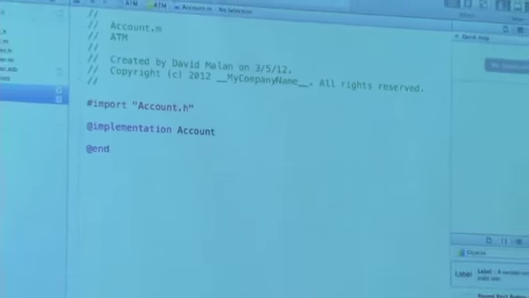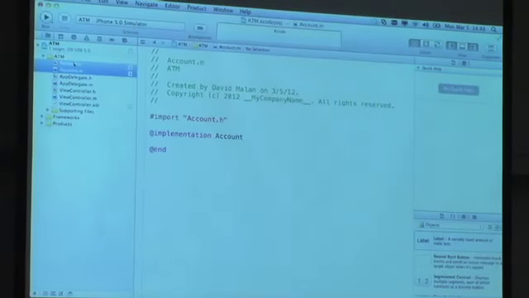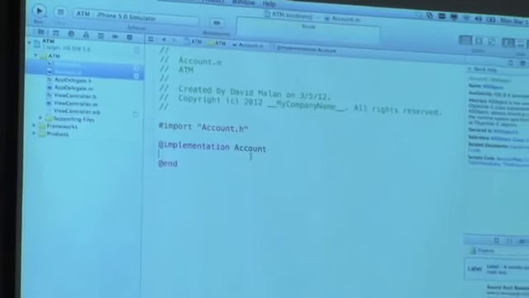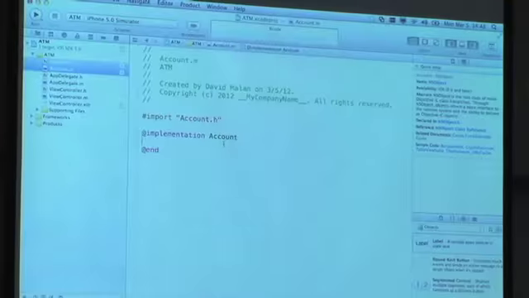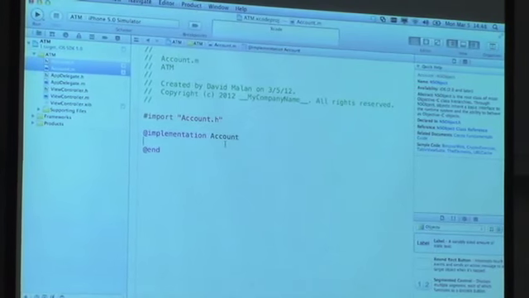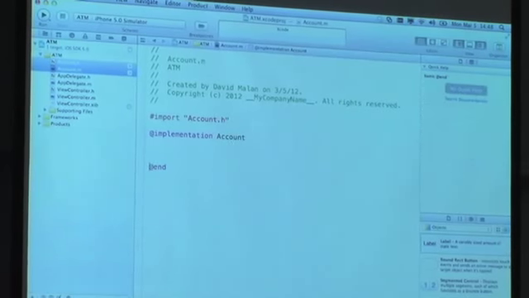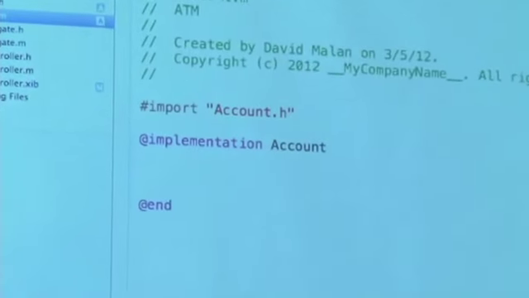And voila, what I now get over here, and I'll put it alphabetically at the top, is a generic class called account. Now, what do we need to associate with a user's bank account? Keep it simple. The balance, like how much money do they actually have. So what I'm actually going to do then is inside of the interface here in the .h file,